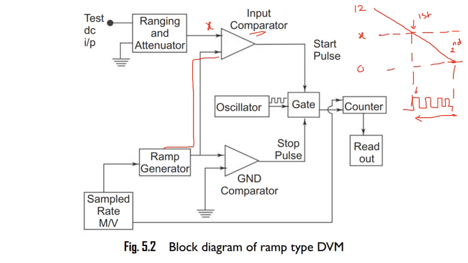Now, the time for which you are counting the pulses is proportional to the value of X. Let us say you have one more unknown voltage that you put there, the Y value. Y is also an unknown voltage, so the first coincidence for Y will happen here, but the second coincidence will happen at ground level only.